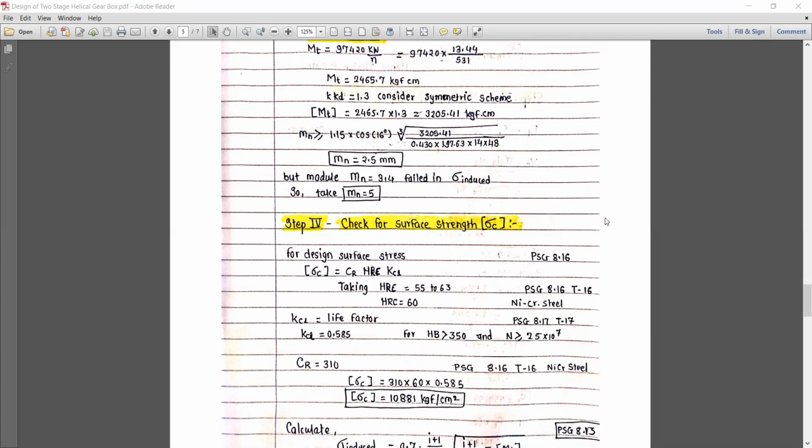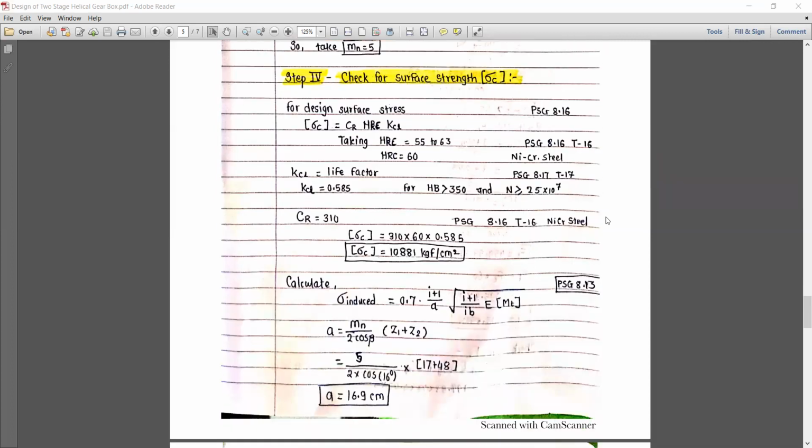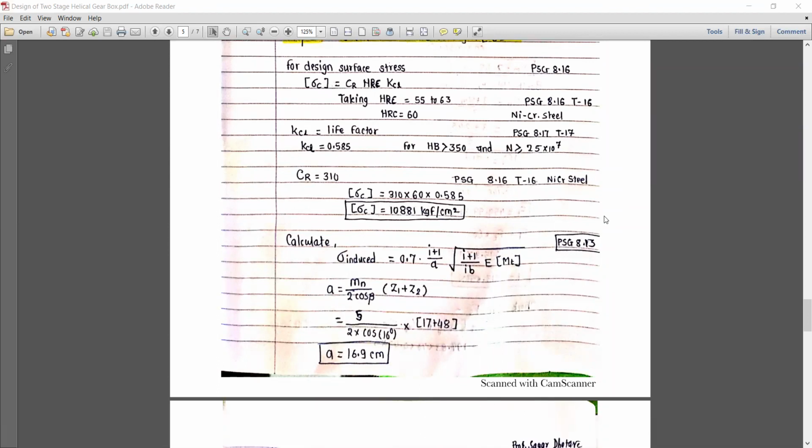Okay, and the value of Cr is 310, as we know that for steel, from PSG page number 8.16. So design sigma C is equal to 10,881 kgf per centimeter square. Now this we need to use to calculate. Here we need to check whether the module can be